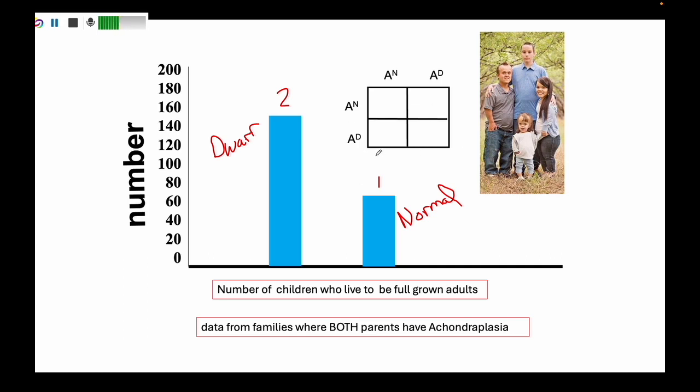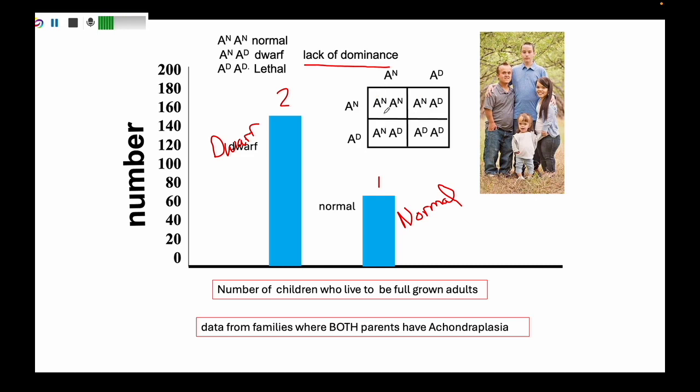And so I'll just use a single locus or a single gene pair, and the idea that we have the dwarf and we have the normal condition, and so we see these possible genotypes, and a new idea that we didn't encounter with the experiments that Mendel conducted, a lack of dominance. Okay, if an individual has two of the normal alleles come together, and that forms the zygote, they're homozygous for the normal allele,